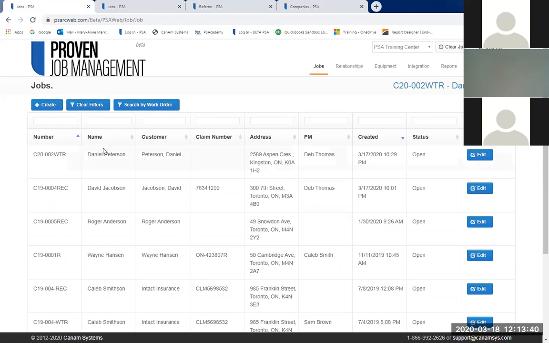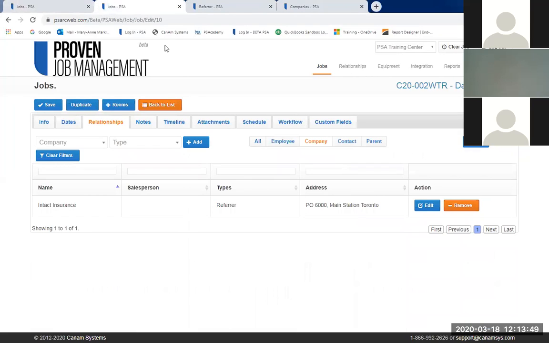So in addition to having referral information on your jobs, there is also a recommendation that you use the relationships tab of the job to track other companies that may have a connection to this job. And one of the main ones will be the insurance company. So having an insurance company added to your job lets you identify that not just from this screen, but that information also will be available to track through different reports that are not using referral types, but more of just